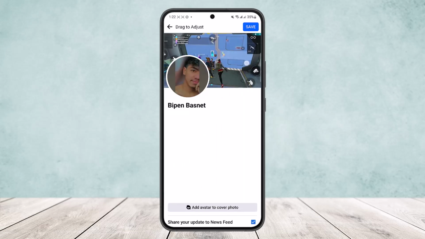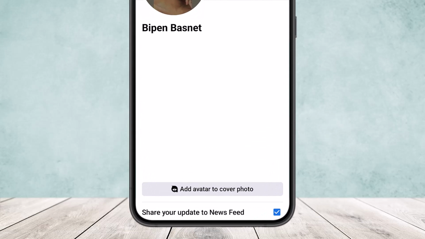Now, once you upload the photo, what you want to do is at the bottom of your screen, you can see the option share your update to newsfeed. Make sure to disable this. What you want to do is toggle that switch off. Make sure there's no tick mark there. You can see the blue tick mark. Remove this, tap on it and remove it, and then once you do this, if you tap on the save option,